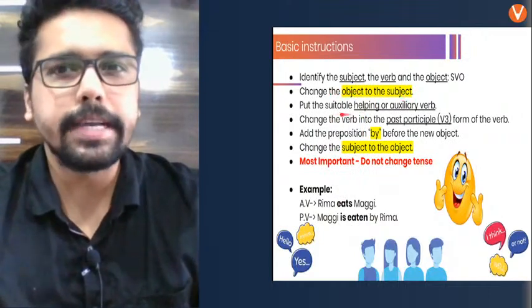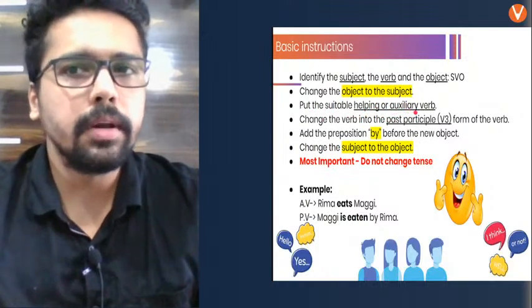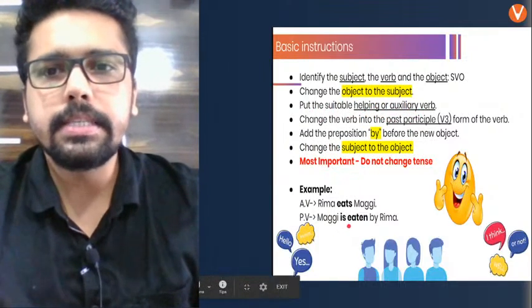Now, look at the second step. We put the suitable helping or auxiliary verb. You can call it either a helping verb or an auxiliary verb. So, in this case, it is